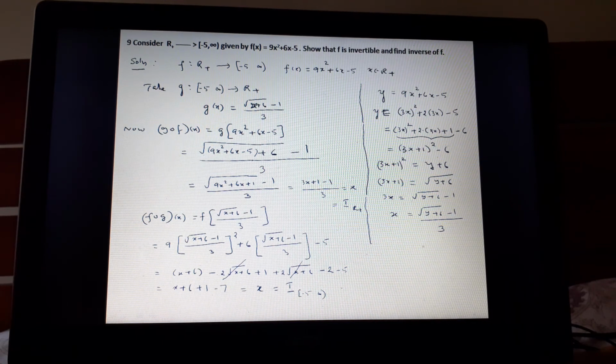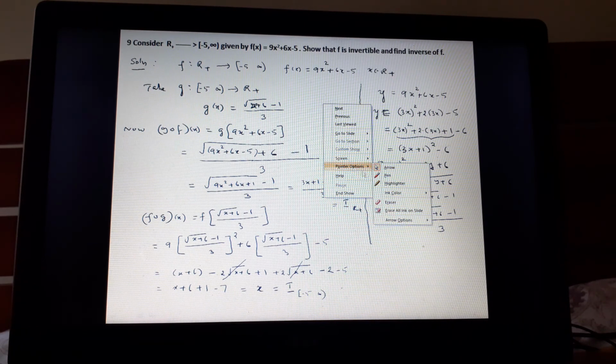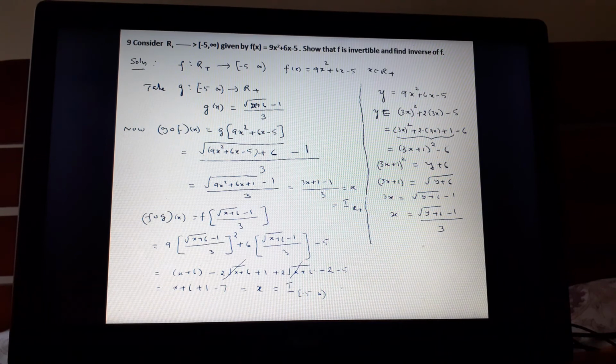we have to say by definition. So I will write here, so let us continue here. So by definition, g is inverse of f, and then you write g equal to f inverse, because the question is find it, therefore you have to write here. So write the same thing. So square root of x plus 6 minus 1 by 3. So this is the proof.